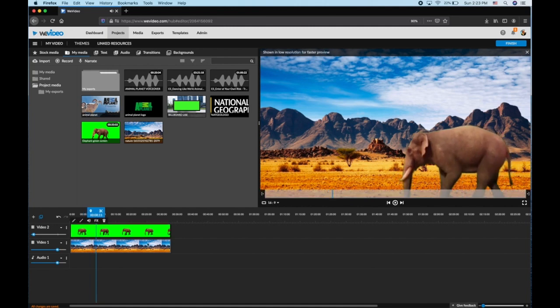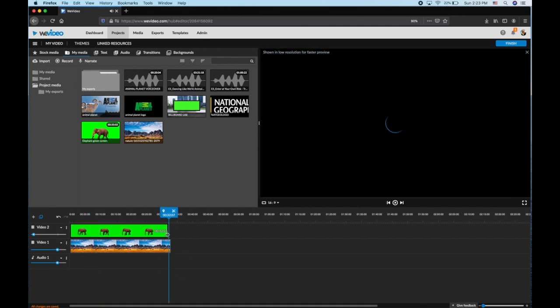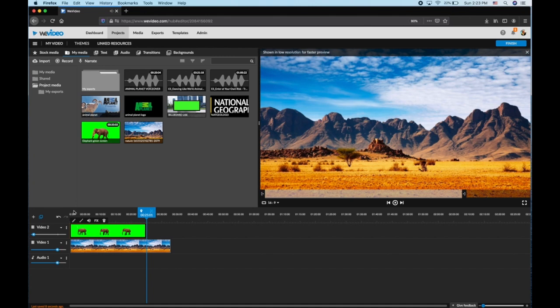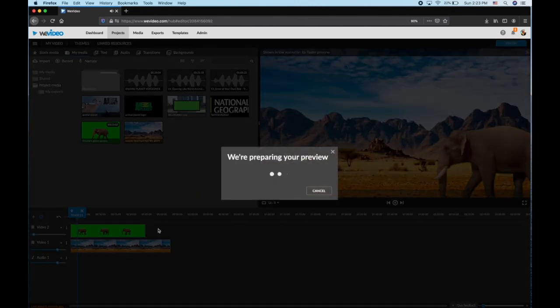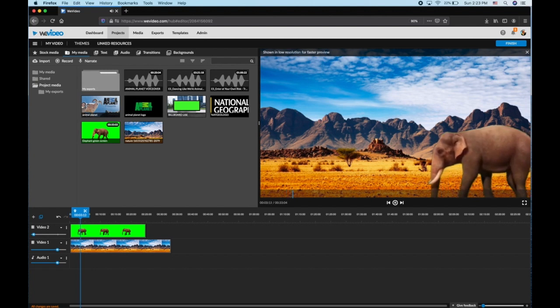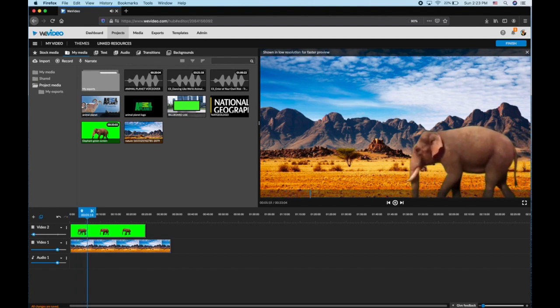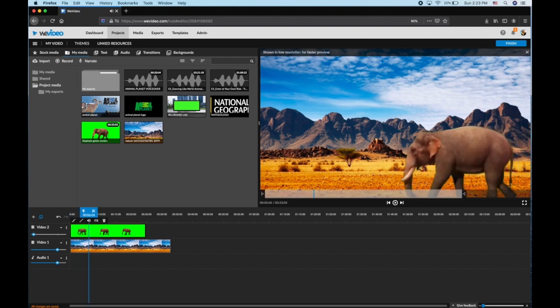He's walking a little too slow. So does that speed it up if I bring this in a little bit? Let me see the preview. Wi-Fi, come on. I'll cancel that for now. Yeah, elephants walk slowly. That looks pretty cool. The problem with that shot, however, is